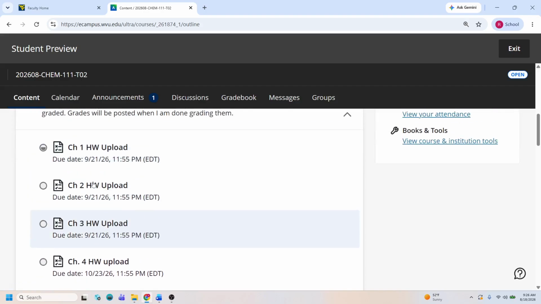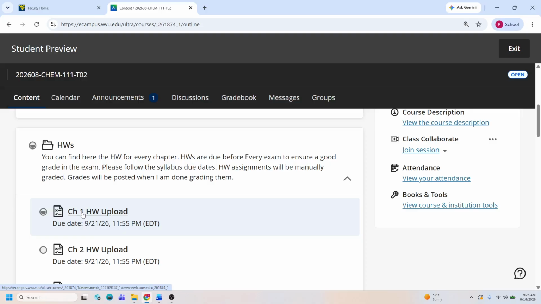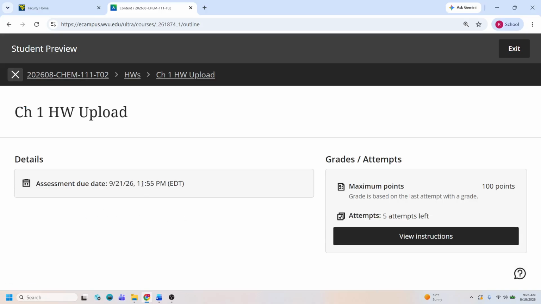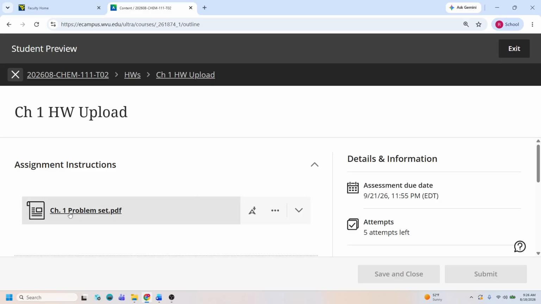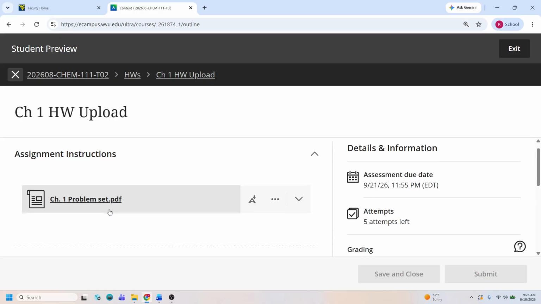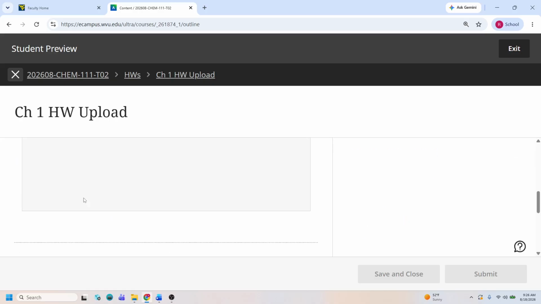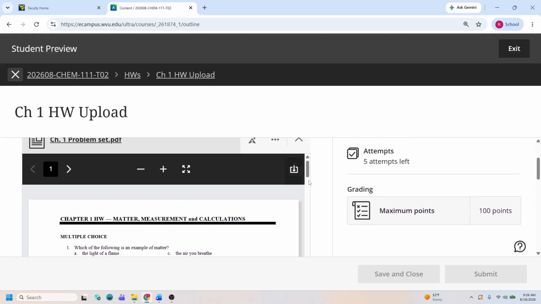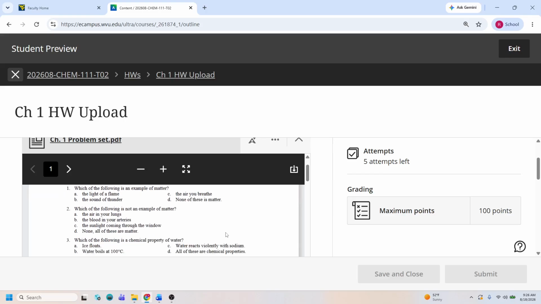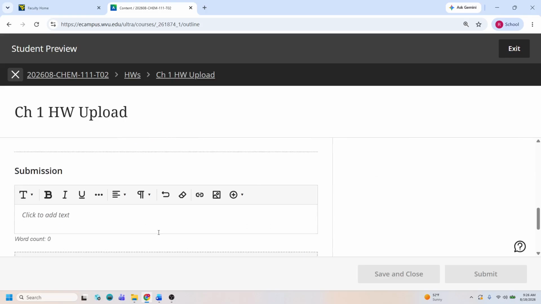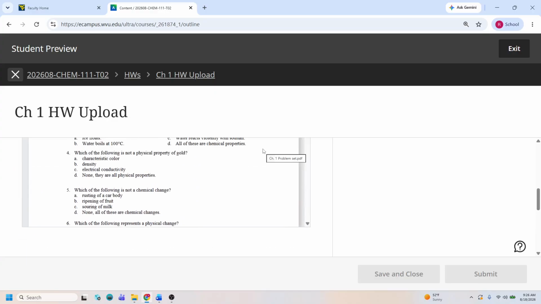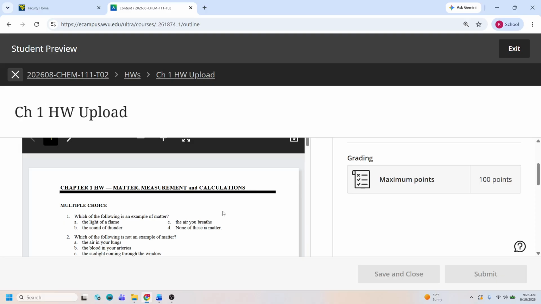So these are the chapter homeworks in there where you are going to access the homework, download, answer, and then upload back again. So let's do view instructions. This is your homework over here. It's kind of like a PDF version where you can simply press on it and you can download it from here. Once you download it, you have multiple options to answer it. So if you have a Wacom pen, you can simply answer the questions in there and then scroll down and upload from here. Or you can simply print it,